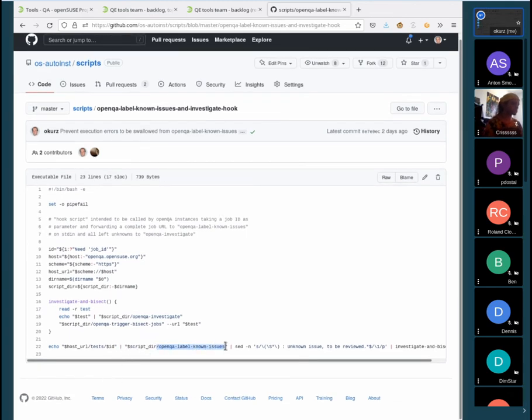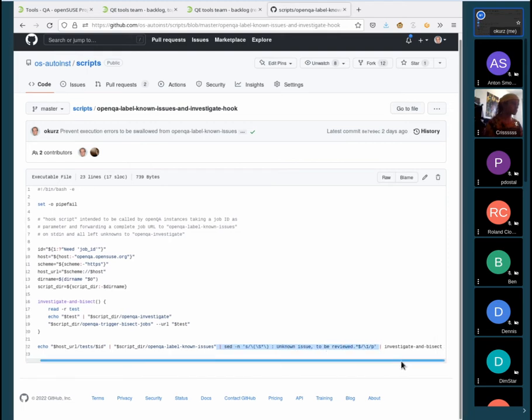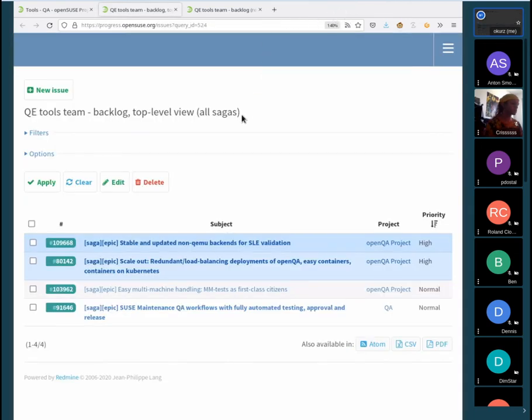It calls openqa-label-known-issues, and the output of that script, which is basically the unknown issues, is passed to this set, which just looks for this header and passes that to investigate and bisect. And investigate and bisect then does the last step for the unknown issues, which is ending up with these investigation jobs. Okay, thank you.